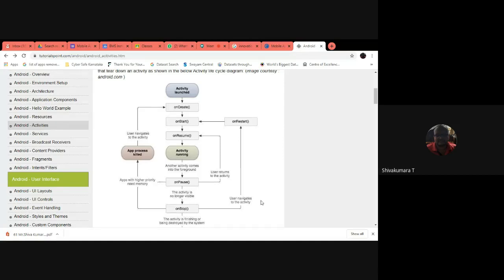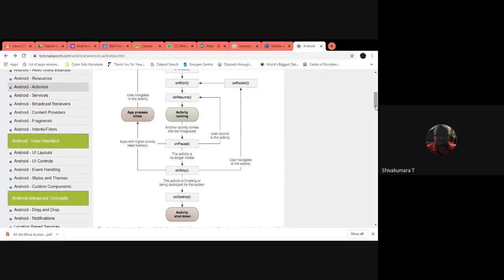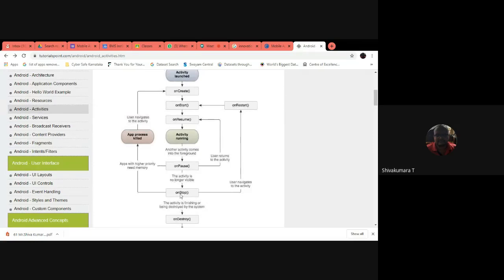When you finally call destroy, the entire life cycle of that activity is closed. It means when you click on the close button of WhatsApp, that entire activity is destroyed and shut down. Otherwise, there are two alternatives to onStop.